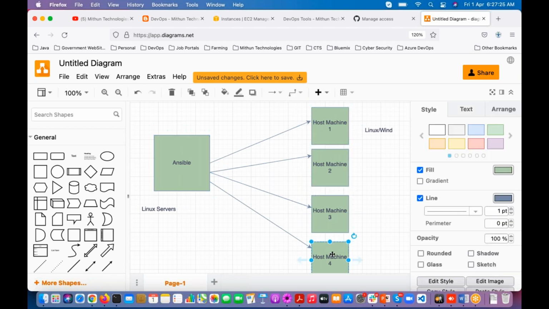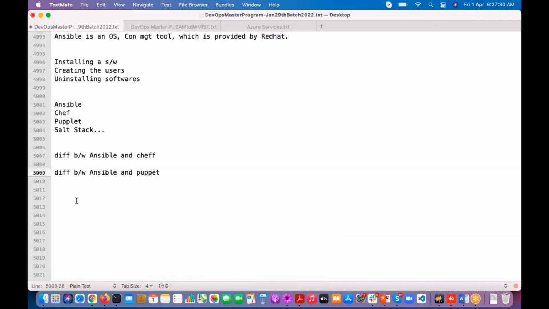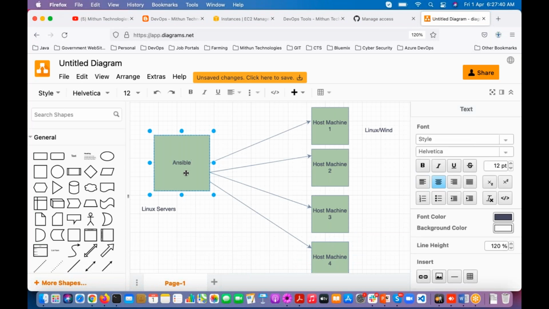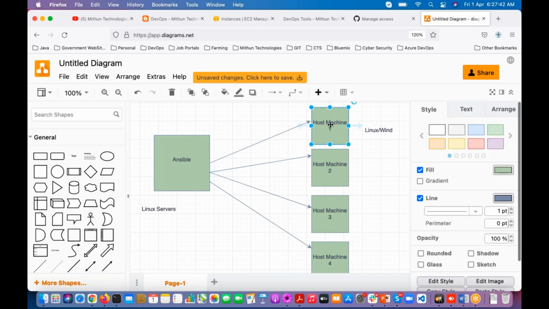So Ansible is a push-based architecture. Means in this Ansible server, suppose you want to install software. Suppose I want to install Java in all the servers.